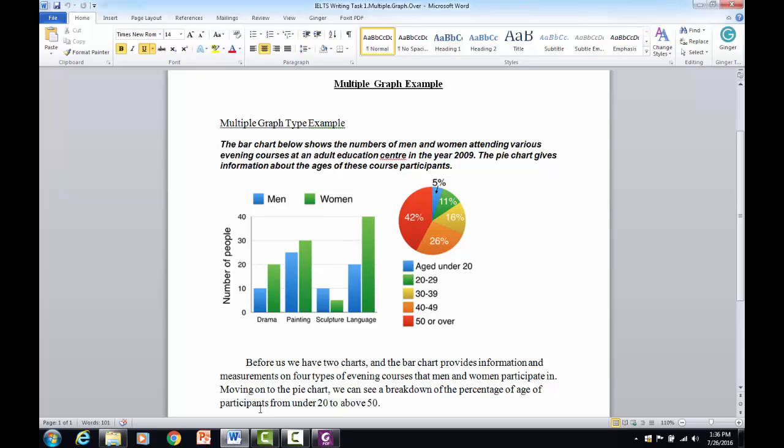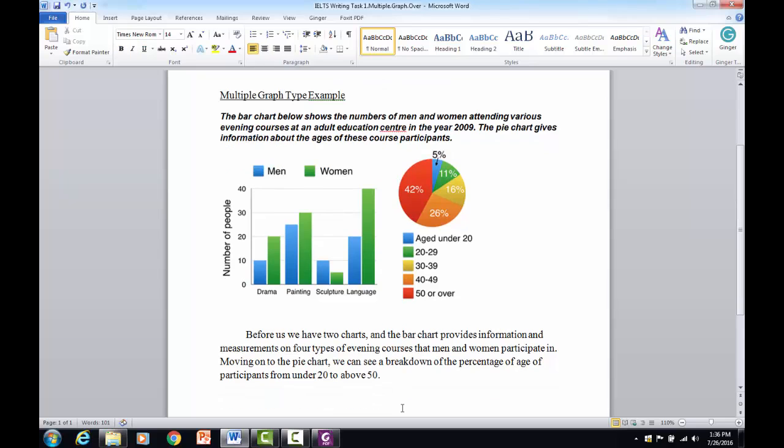When we look at the percentages, the lowest percentage is for under 20, and the highest percentage is for over 50. So we take that information and we're going to create our sentences using that information. Okay, that's how we're going to create our sentences. All right, so